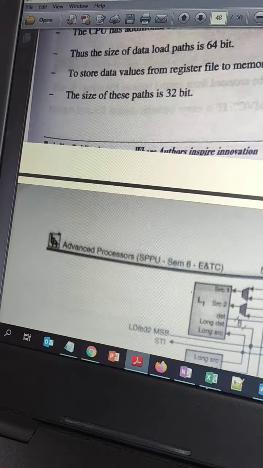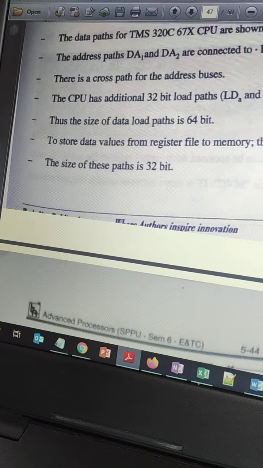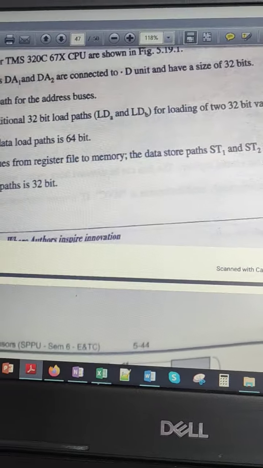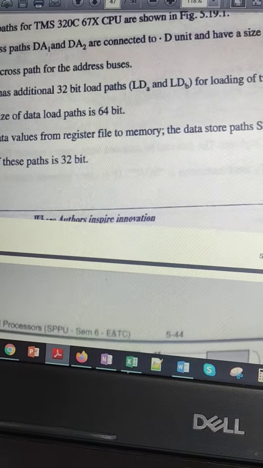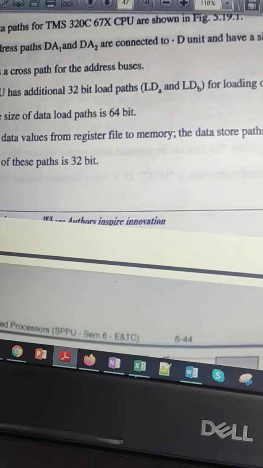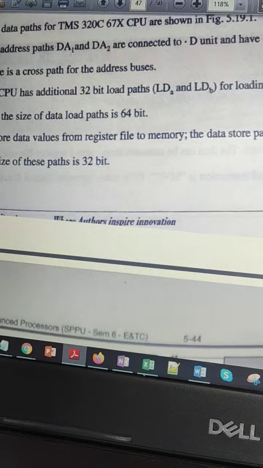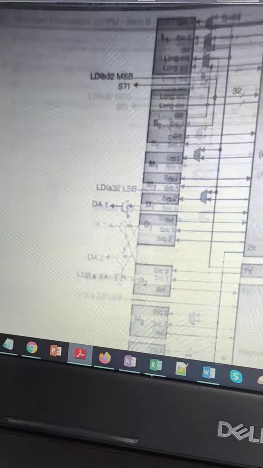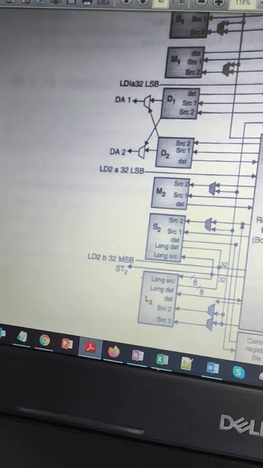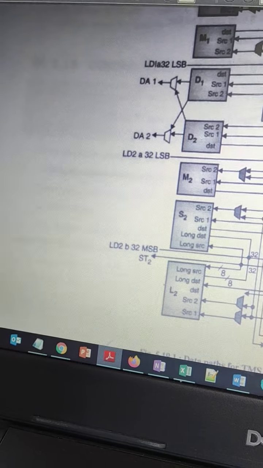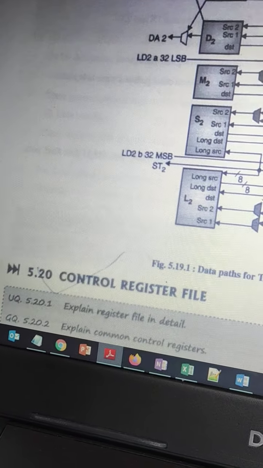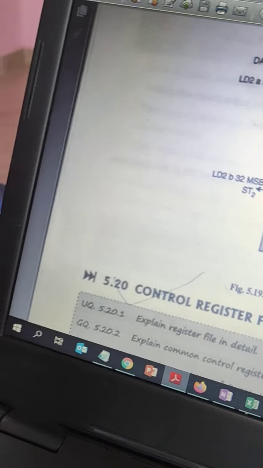All these are 32-bit, meaning the CPU has an additional 32-bit data path for loading two 32-bit values simultaneously. Thus the size of the load path is 64 bits, and to store the values we use ST1 and ST2, and DA1, DA2 are nothing but the addresses of the particular data paths.